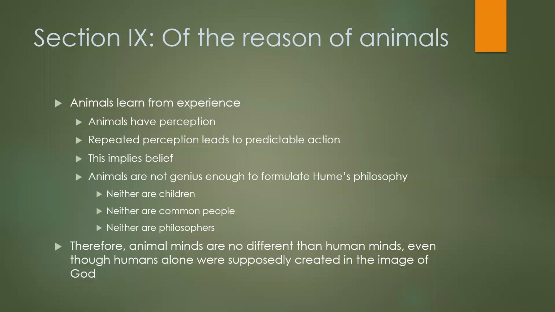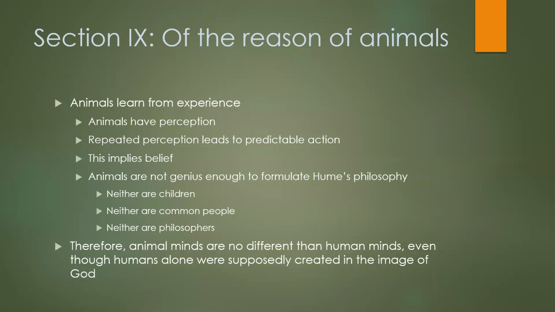But it's not, right? He says animals are not genius enough to formulate this. But animals aren't alone in being that stupid. Children perceive, children learn, children can't understand philosophy. Common people, like children and animals, let's be honest, right? They perceive things. Some of them learn things. They're not genius enough to understand this. Most philosophers,